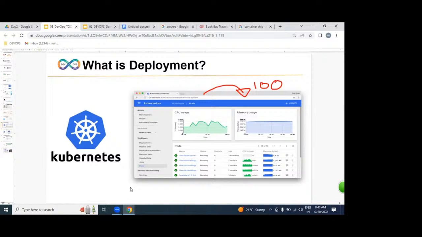If we observe the Kubernetes logo, the sea color is blue, and there is the steering wheel of a ship. In the same way, we can easily manage hundreds of containers with Kubernetes. Kubernetes is an orchestration tool. What is orchestration? We'll discuss it later, not for today.